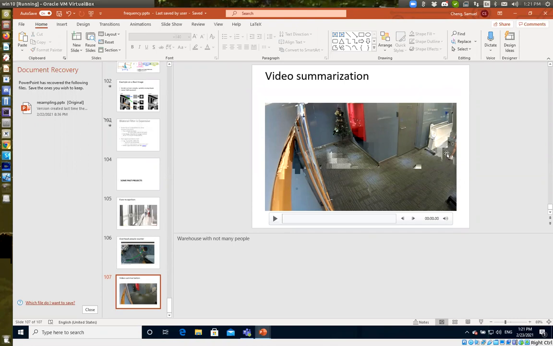Basically, I have some people coming in, and then we try to detect the person, and then we also record the time, and then we merge all the